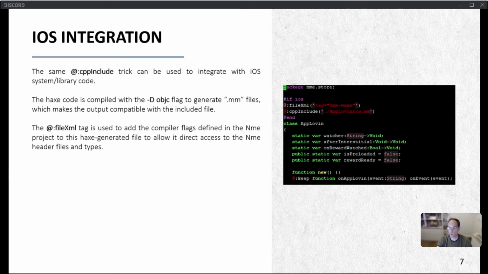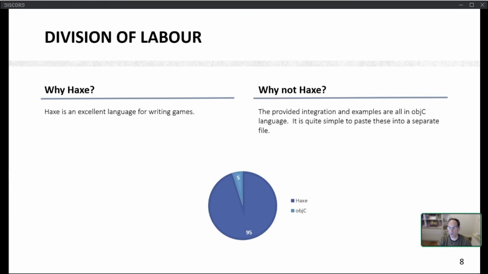So here, when it comes down to the split between Haxe and non-Haxe for this project, again, it is almost all Haxe really. And why have I used Haxe? Because writing a game, everyone's going to want to use Haxe. Why wouldn't you? Why haven't I done it all in Haxe? This is because to get an Objc example from the internet, I can just grab it, paste it into this injected file, and just edit it properly in there. It all just sits in the one file, and I can then just call into it from Haxe. So it's quite a nice way of working, combining these two things together.